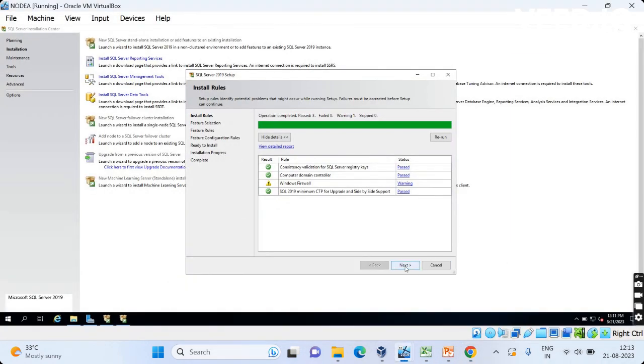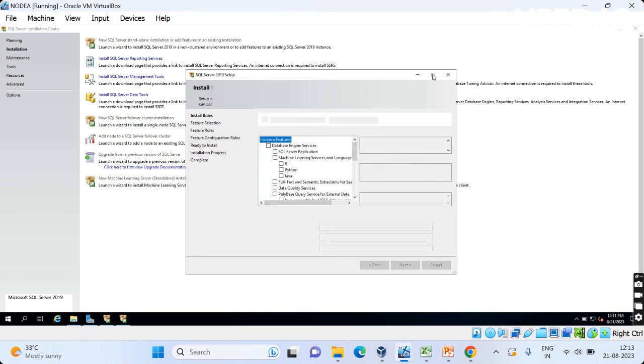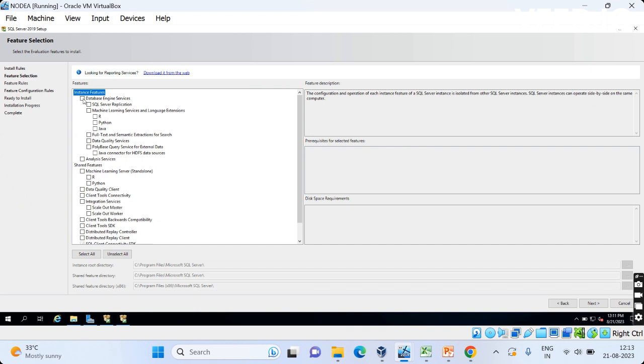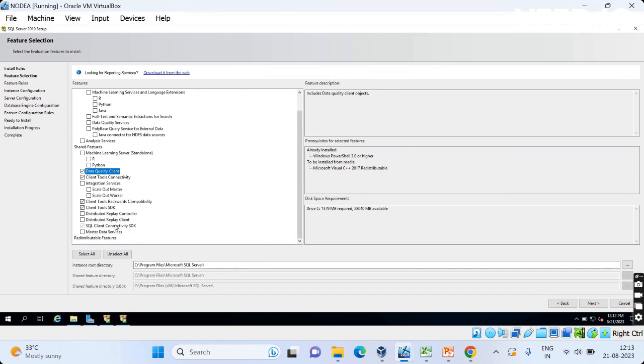So it's come, next. So what are the features? I'm going to go with engine, replication, client data quality, client tool connectivity, backward compatibility, client tools, SDK, distributed. Okay. So next,